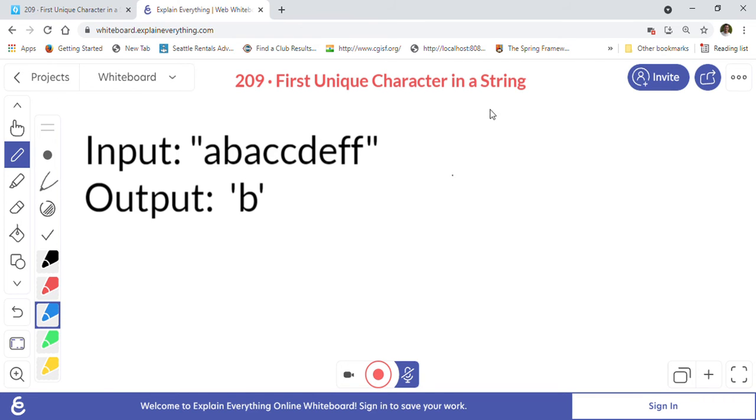In the second approach we will be using a hash map. The hash map will be of character comma integer, because for each character we want to calculate the frequency of that character. So I am writing here that it's character comma integer. What we will do is iterate through the string one by one